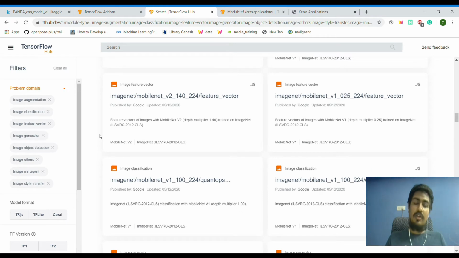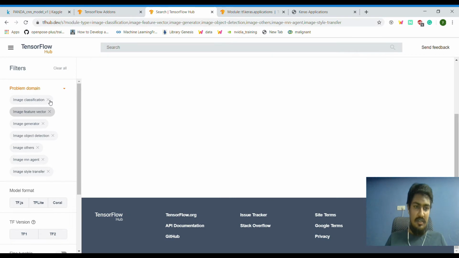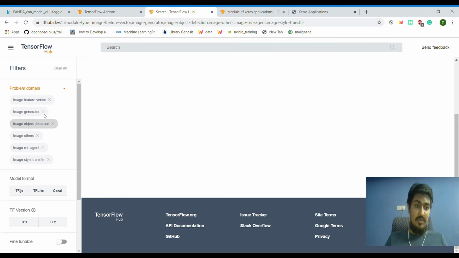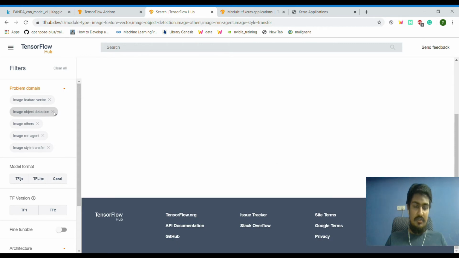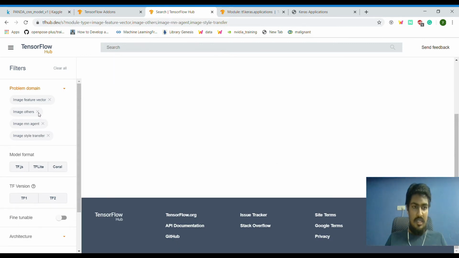I'll quickly go through what you need to do if you want to do transfer learning. For transfer learning, they have given this particular feature, the image feature vector, which serves as only the top portion of the model without the prediction part. We only need that one, where our prediction is going to be different based on our data requirements. So we are going to swap that out. Just go ahead and remove all the other filters, and only keep the image feature vector for our use. I'll quickly do that.